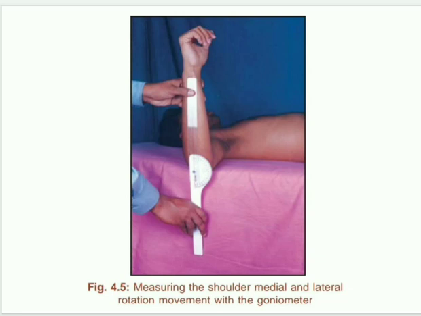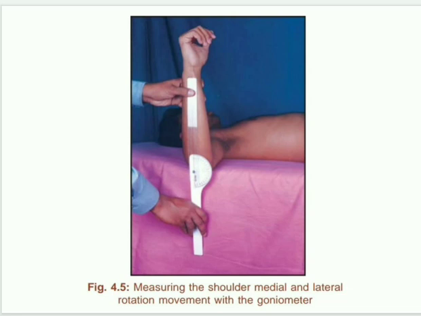Firstly, we'll go with lateral or external rotation. For lateral rotation, the range is 0 to 90 degrees and the position is supine lying. The arm must be abducted 90 degrees with the elbow bent to 90 degrees, and your palm must be facing the body, and the forearm must be perpendicular to the plinth, and the full length of the humerus must rest on the plinth, that is on the bed.